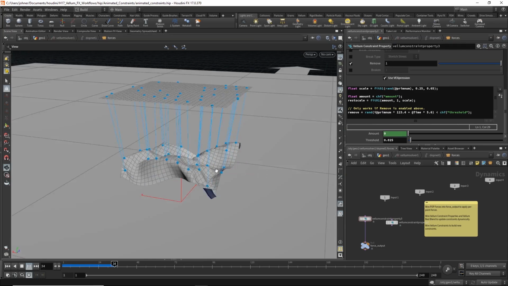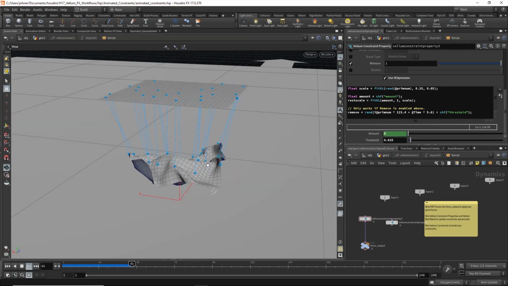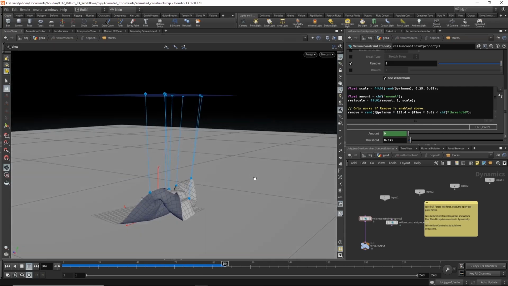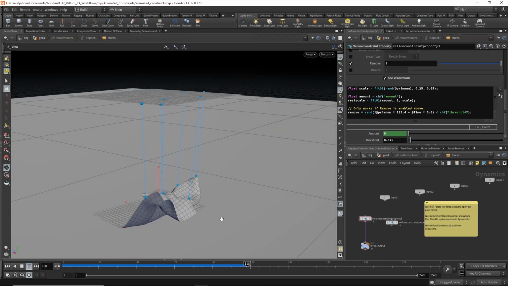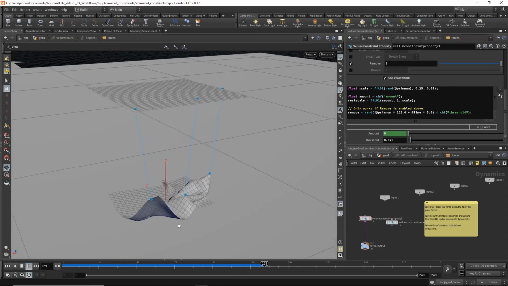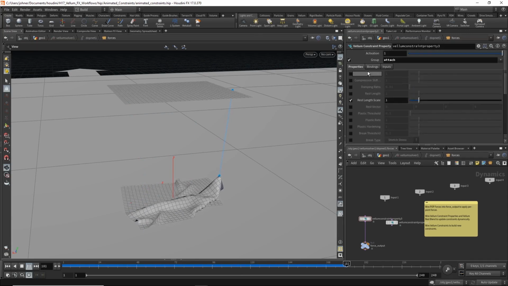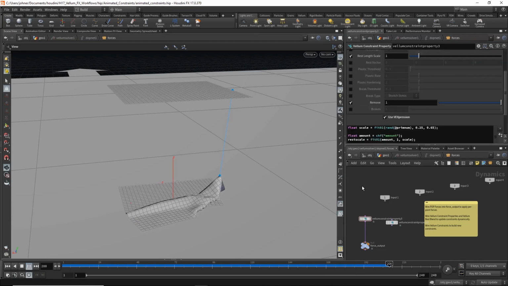And you can see it gets a little more active in the simulation because we are just randomly letting go of pieces of the cloth as the simulation progresses. And you can see as we go further along, we're losing more and more constraints. And if we play it through all the way, which I don't know if we'll do, we end up losing basically all the constraints. So that's a pretty basic example of doing things. You can animate stiffness, basically pretty much all the different values, breaking and plasticity and all these sorts of things you can animate